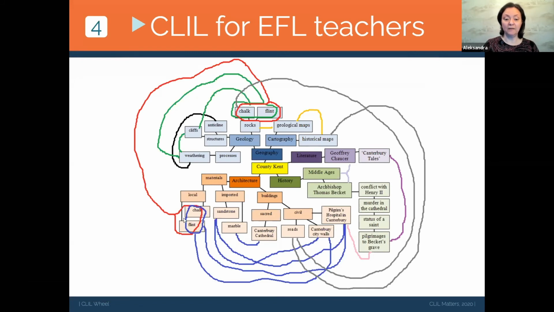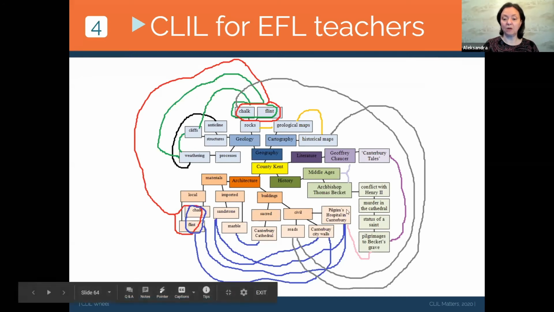And chalk and flint were used to build, for example, Pilgrim's Hospital in Canterbury that was used for pilgrims coming to see Thomas Becket's grave. Oh, Thomas Becket, so I've got Canterbury Tales. So I can show my students